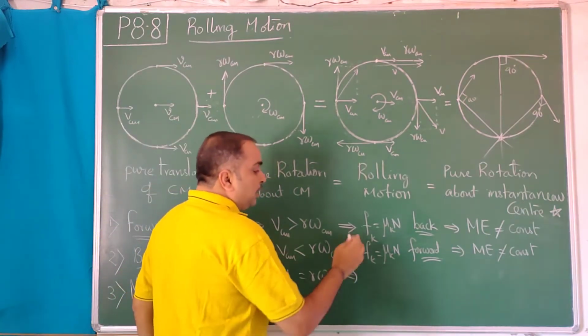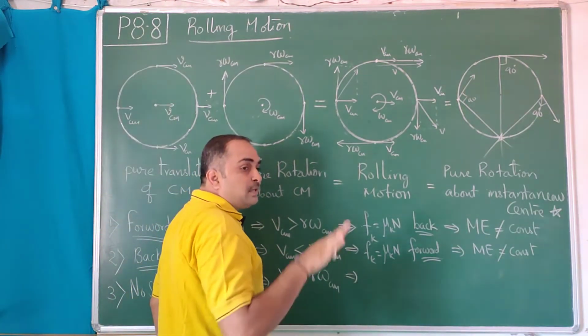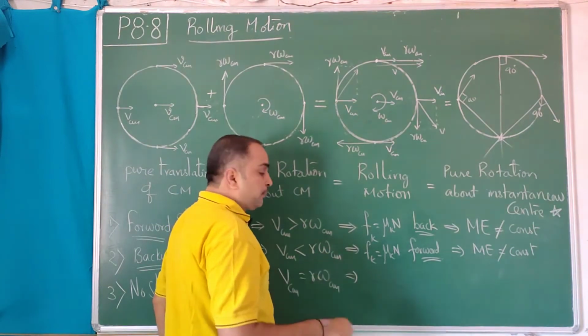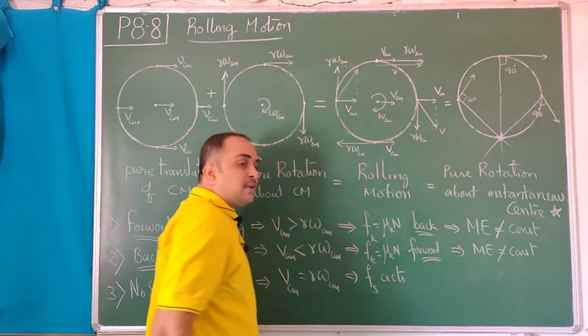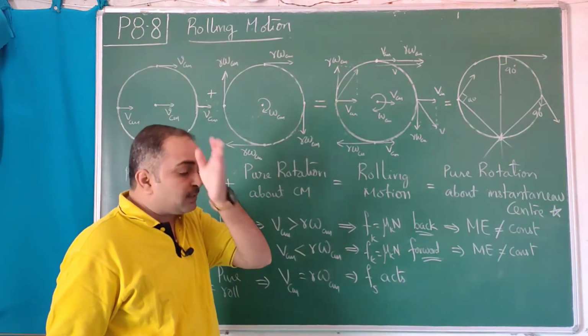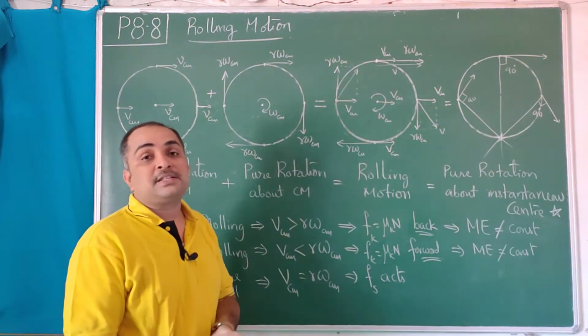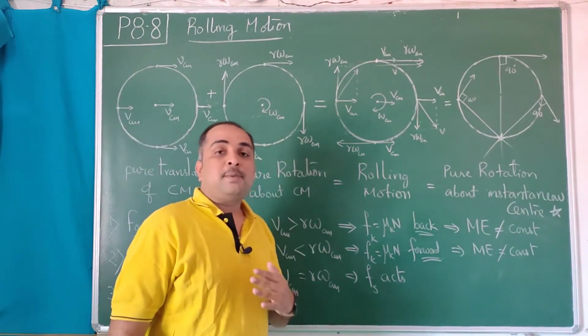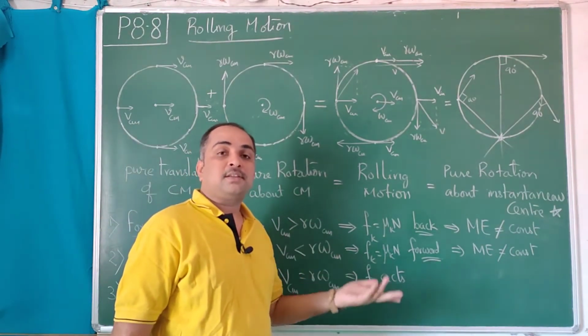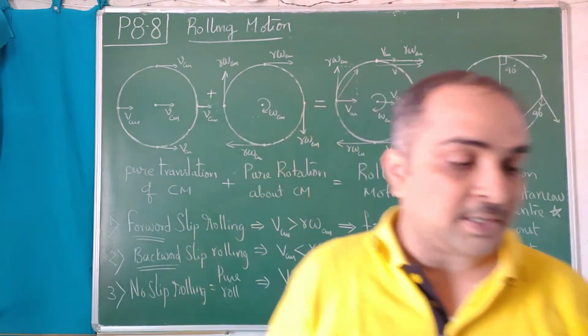This implies kinetic friction will not act, because it is not slipping, it is static with respect to the floor. So static friction acts. And now you cannot say whether it acts backward or forward unless you understand what is the net tangentially applied force. Go to friction concepts. There I told, when no slip condition, static friction acts, slip condition, kinetic friction acts.